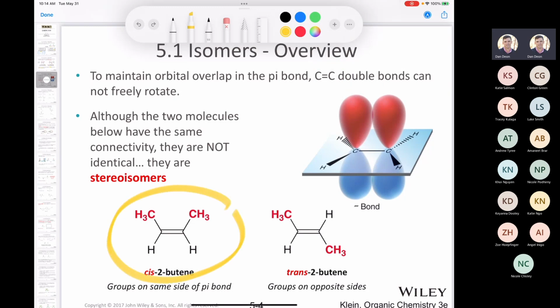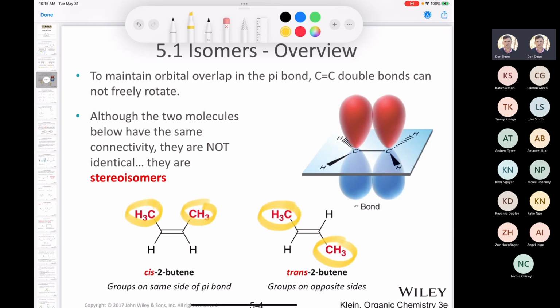So if I take this molecule shown here, cis-2-butene, I cannot rotate around this bond. If you make a molecular model with any cheap model kit, you'll see that you cannot rotate that bond. So if I compare cis-2-butene, where the two methyl groups are on the same side of the double bond, and trans-2-butene, where the two methyl groups are on opposite sides of the double bond, I see that